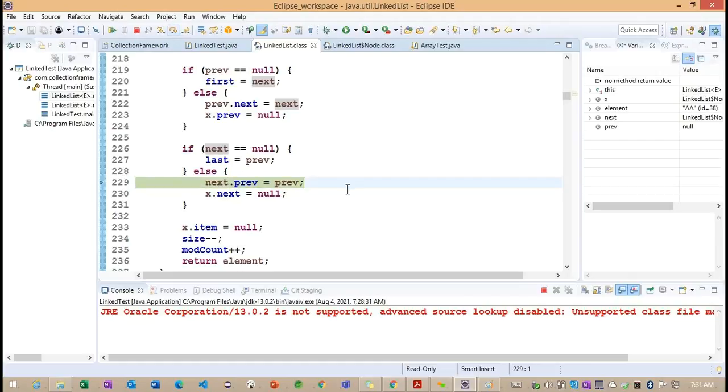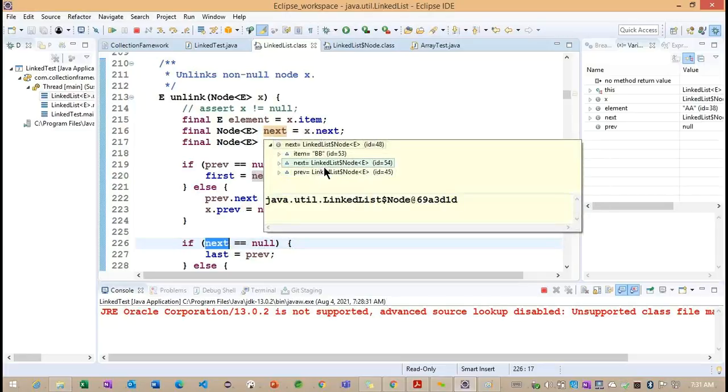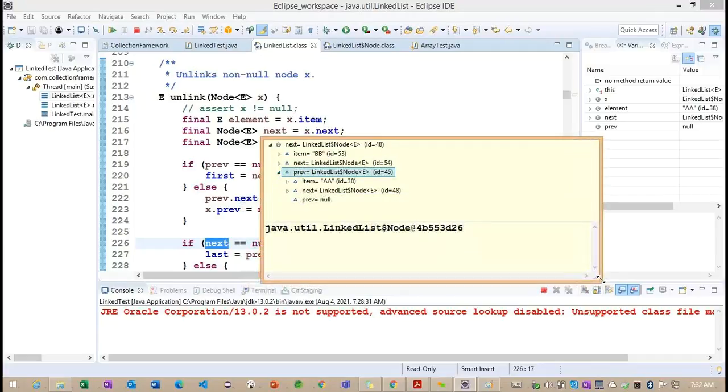So whenever we are having this particular object here, now you can see next dot previous. The next dot previous, what is the object we are having here? So double here, next dot previous we are having double here.